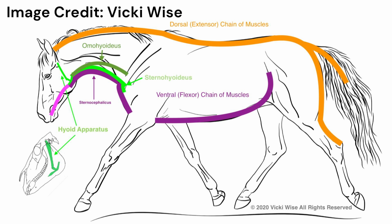They do not have a collarbone to help keep their rib cage in the same spot. So they have this ability to lift and lower their rib cage at will, given they know how to do it at will. Some horses figure it out naturally. Some horses never figure it out and they have to be taught. The hyoid apparatus, and I apologize if I don't pronounce this properly, but these are very long sciencey Latin words. Anyway, the hyoid apparatus,